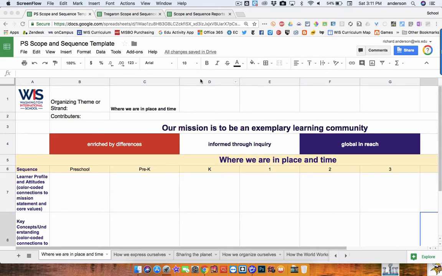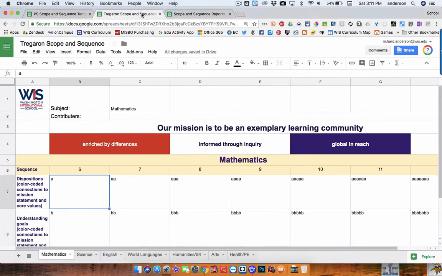So at our primary school, as a PYP program, we looked at organizing the scope and sequence document via the organizing themes. So if you're a PYP school, you're familiar with what those are. And then for the 6 through 12 piece of the scope and sequence, we've looked at exploring the scope and sequence through the subject areas. This seemed to be the most logical way of doing this at this time. Now this may change, but